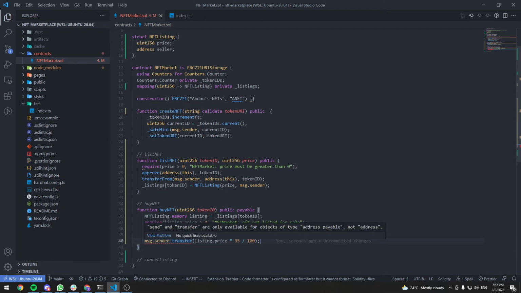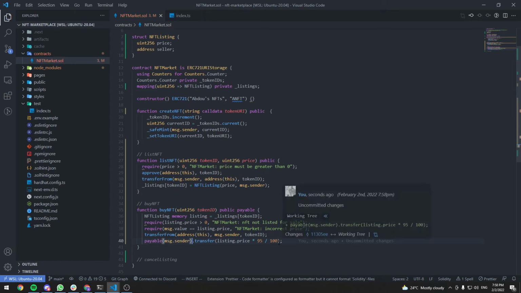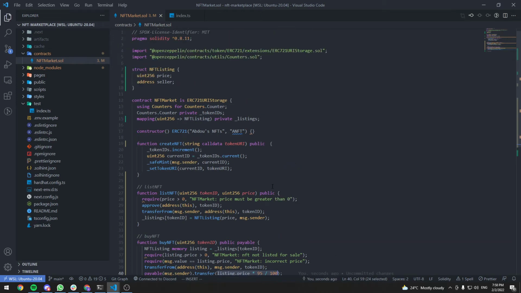This will complain because the address should be payable. So we can write this in a payable, and this should stop complaining. Now, there's a better way to do this, and it's a best practice to always use the safe math library